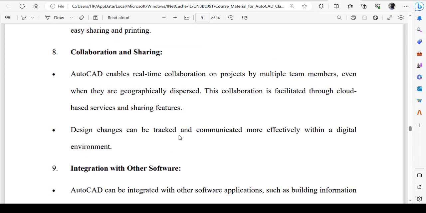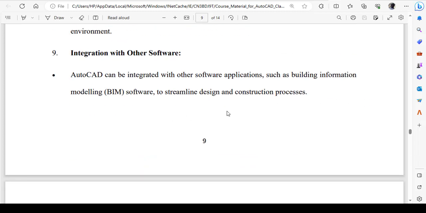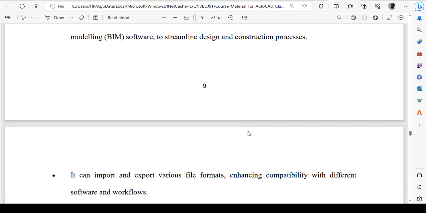Then you can also share your files easily. Like I told you before, you can be in Nigeria working and someone in India can also be working on the same project with you in real time. So you don't have to go through stress. And with internet facilities, you can collaborate on a particular project so that you'll be seeing what I'm doing and I'll be seeing what you are doing. That's what the internet and technology can do. You can also integrate AutoCAD with other software, so whatever you draft in AutoCAD, you can use in other software like SketchUp and the rest.